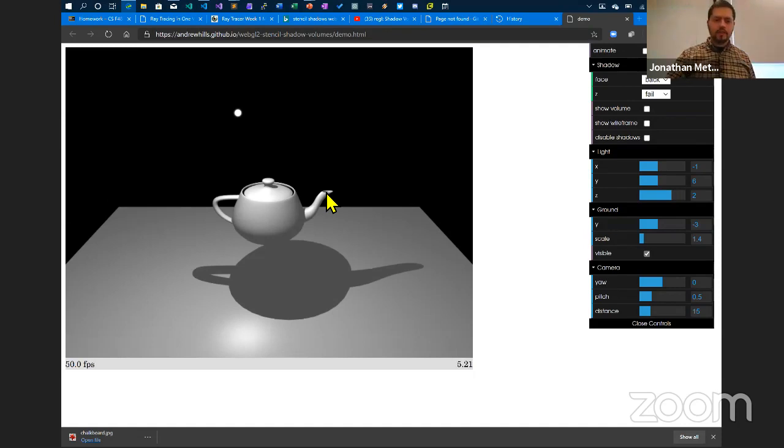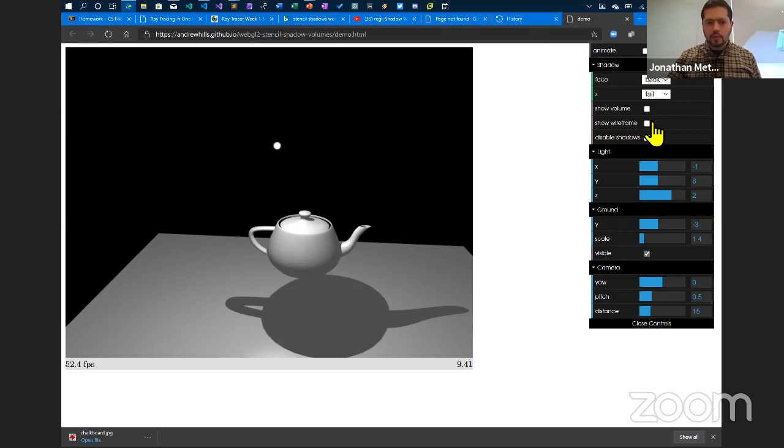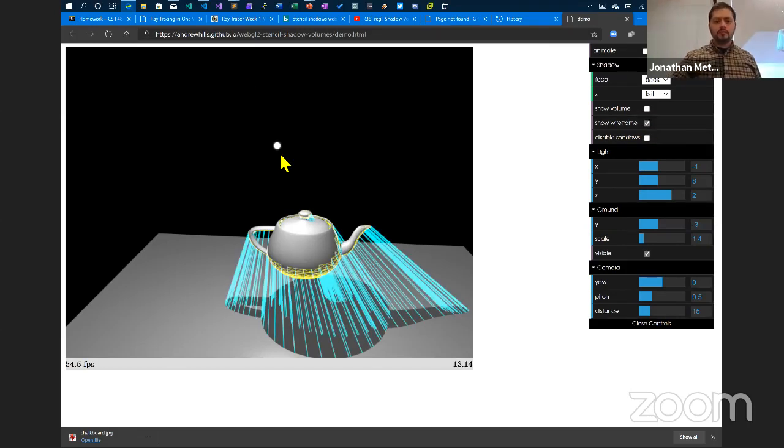This is the stencil shadow demo that I saw. It's pretty good. And what you can do is show the wireframe. And so you can see how we take the light source and we basically project the geometry. You can use the original vertex position, and then you calculate the vector from the vertex to the light. And then you just project your polygons basically infinitely away. And if you have an edge, you can project a quadrilateral plane in that direction. And then what you do, let me minimize that real quick, is